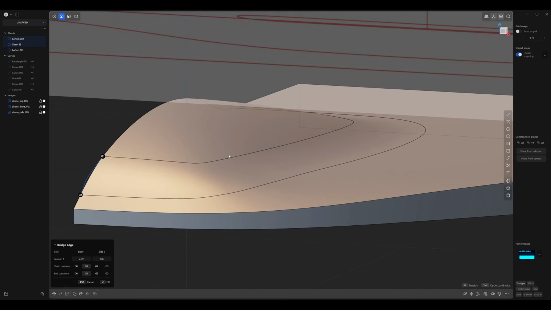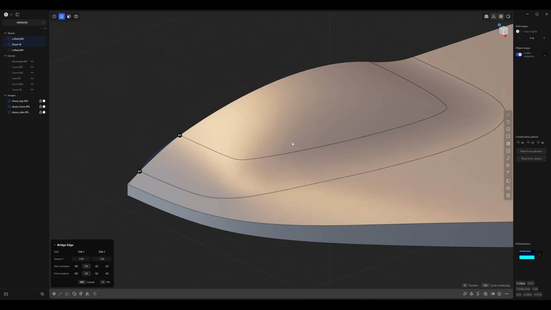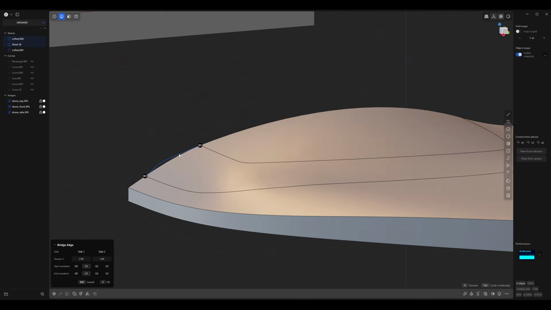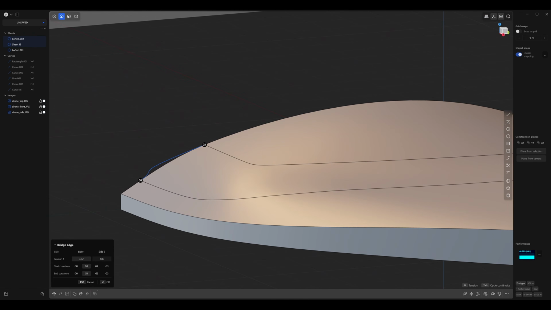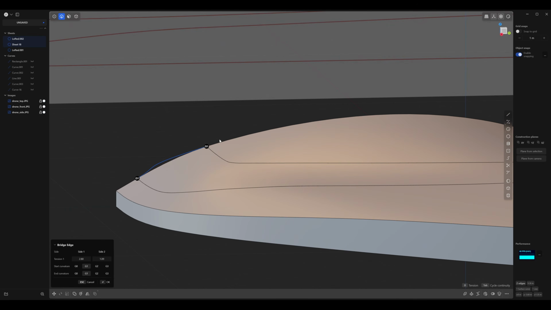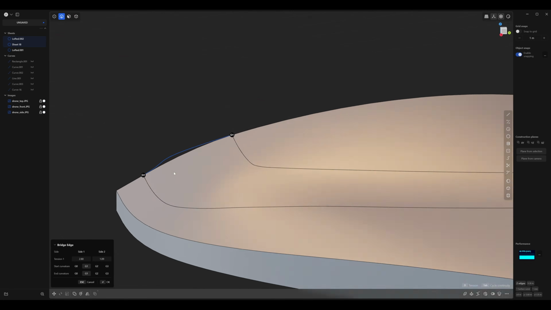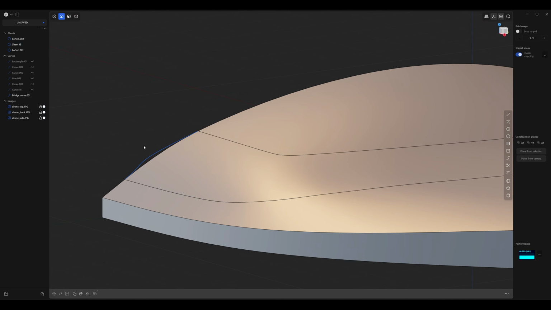This one was just the automatic out of the box one, where it just created continuity between two surfaces. But you do have the control to increase or decrease tension between these two curves. So if this goes this way, this has more dominance over the bottom one. And you'll see these S curve transitions. And maybe that's something you want, maybe not, but it's something to keep in mind.